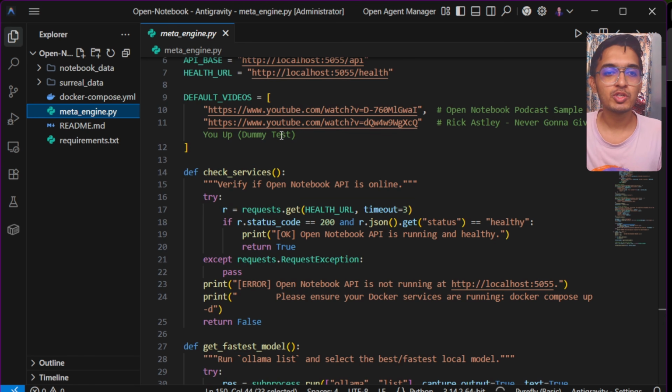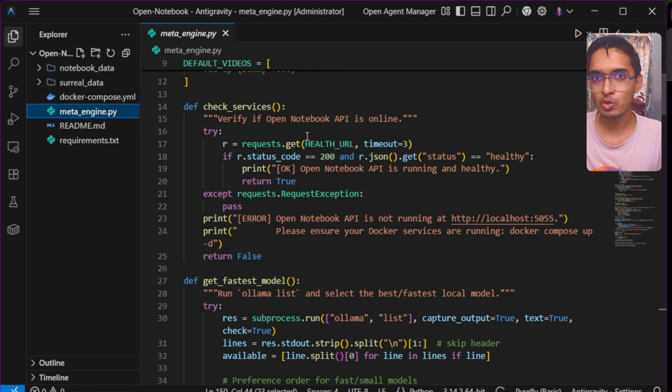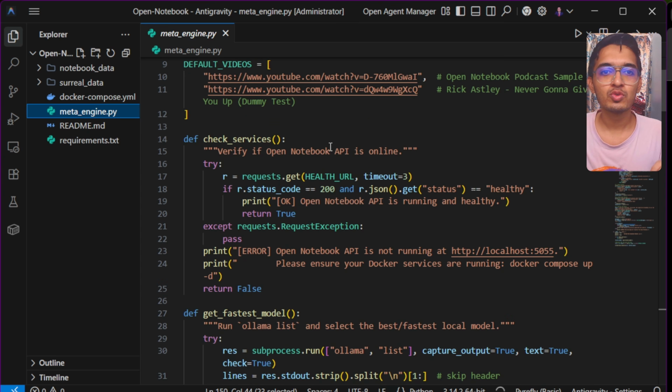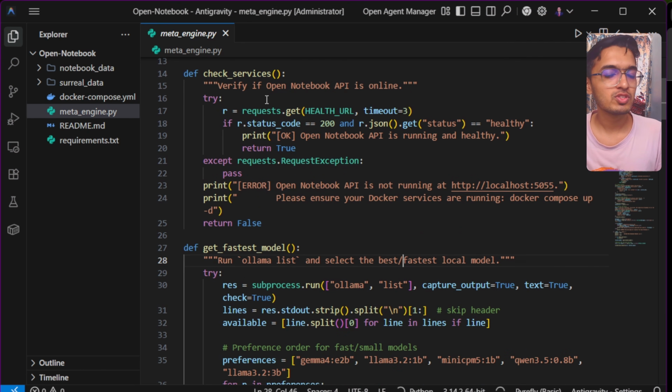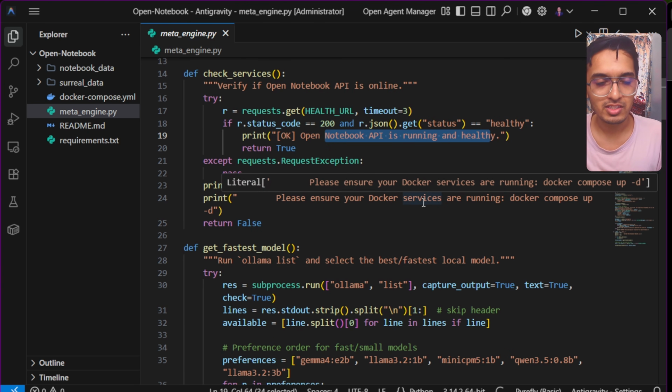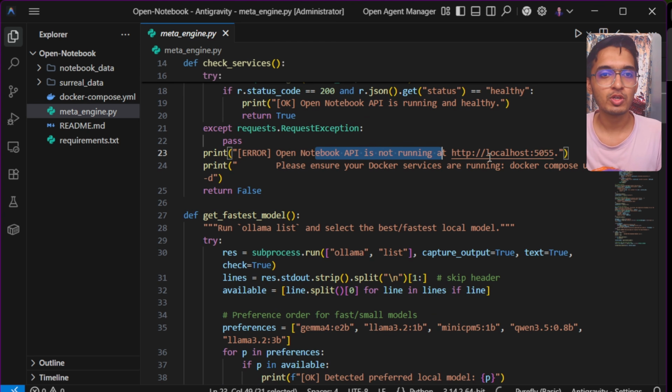The first function would be to check the services, whether the Open Notebook API is running or not. So I'm going to go to the health URL that I have defined above, which is the local URL of Open Notebook, and using the requests library, we are going to fetch that URL. If it gives the successful code, which is 200, we will just say that the Open Notebook API is running and healthy. Otherwise, it will throw an error that the Open Notebook API is not running. Please ensure that the Docker services are running